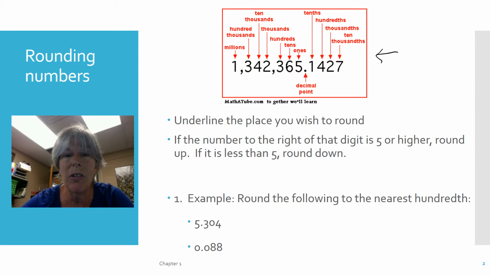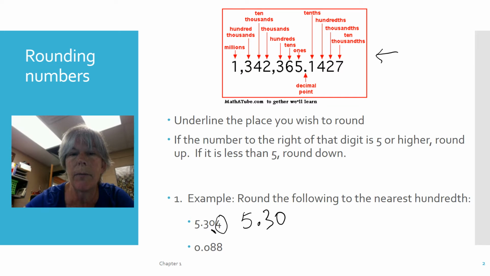So I'll find the hundredths place first. The hundredths place is the 0 in the first number, 5.304. The 0 is in the hundredths place. Then I look to the right of the 0, and since that's a 4, I'm going to round this number down. By rounding down, what I mean is I'll round it to the hundredth that is closest. My two choices are 5.30 and 5.31. Rounding down would make this